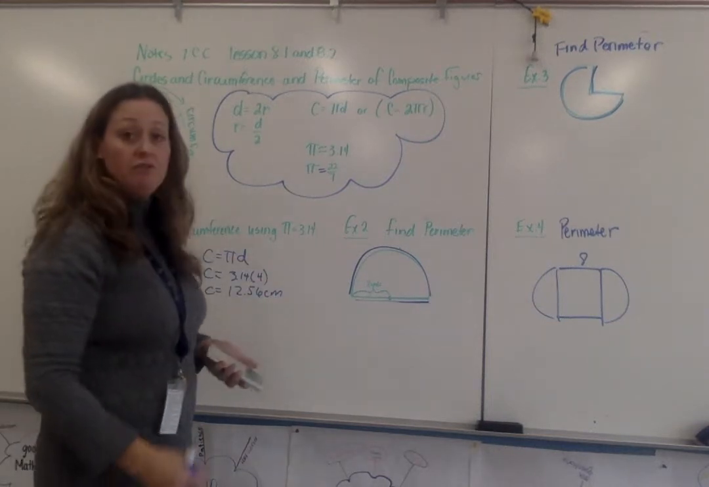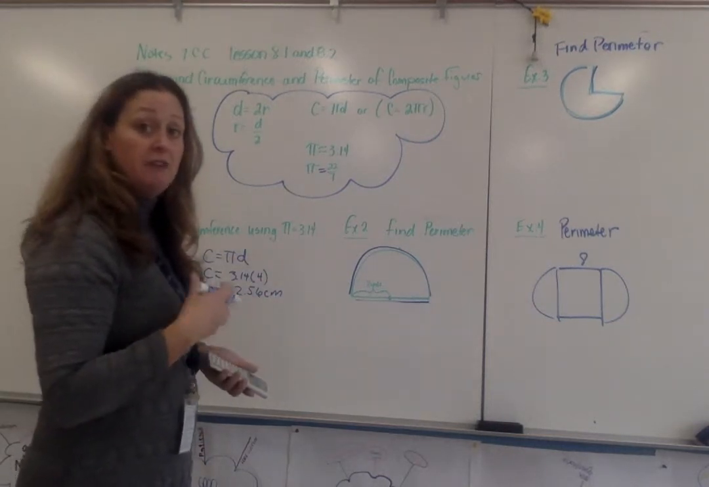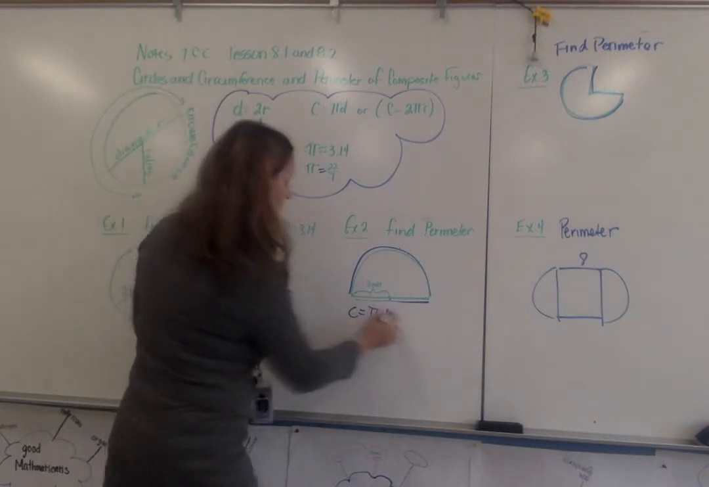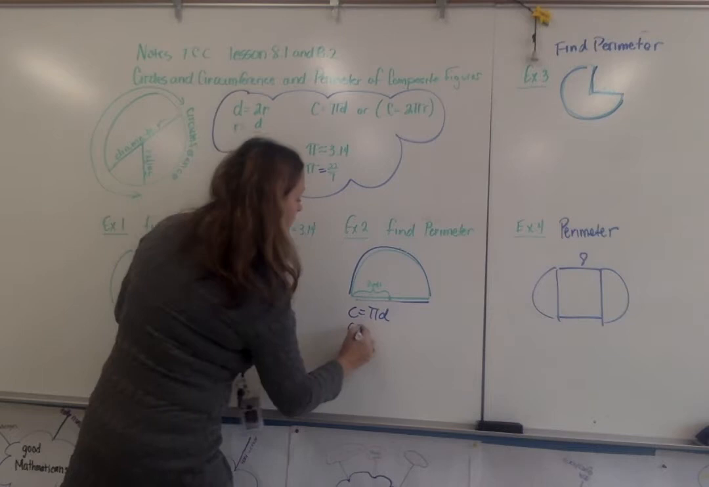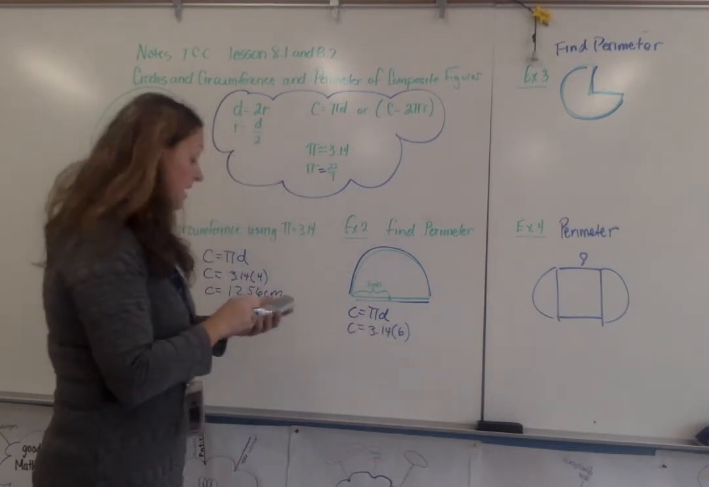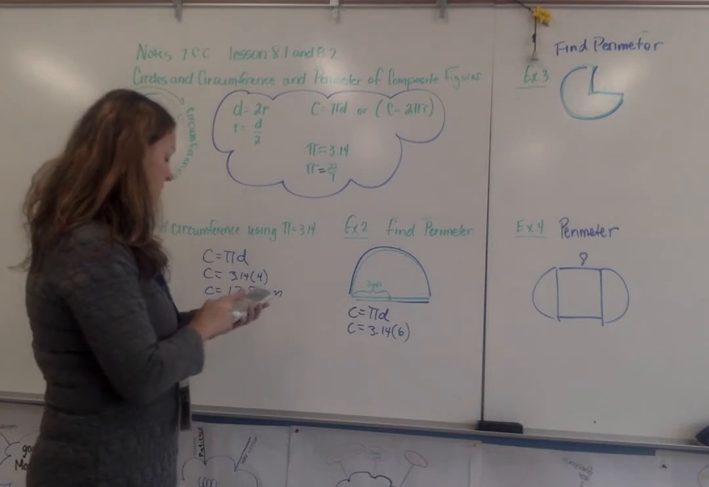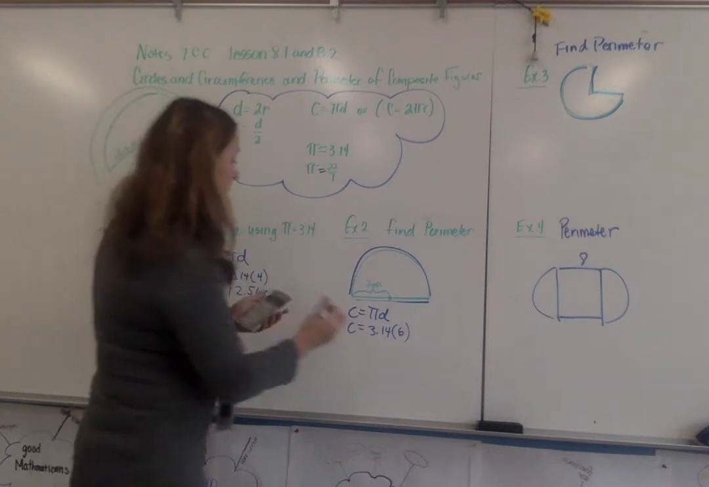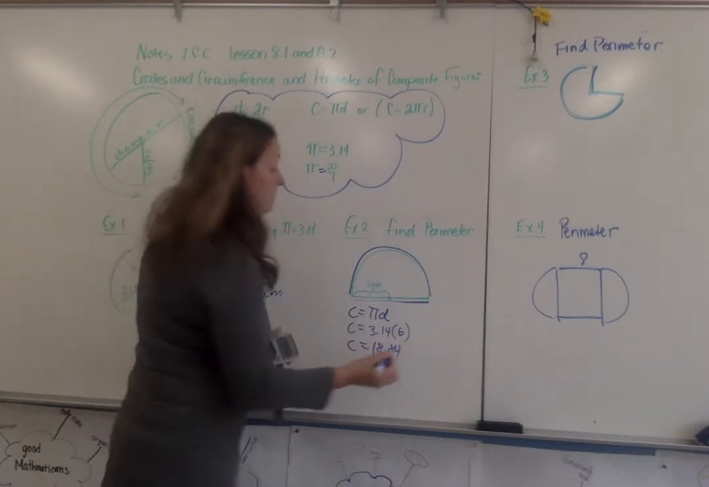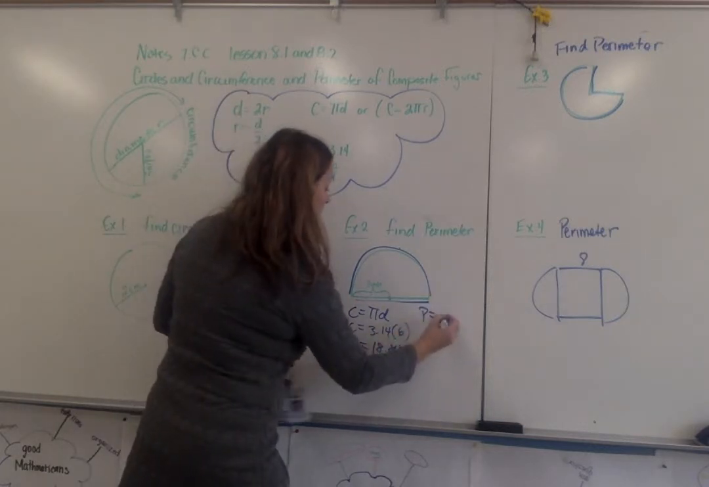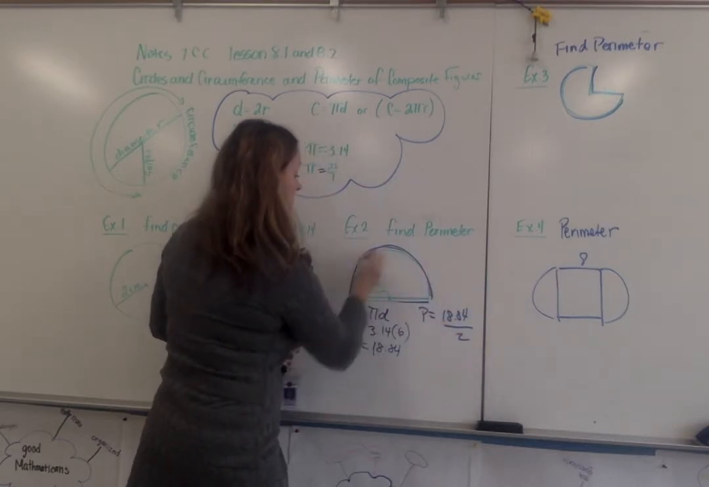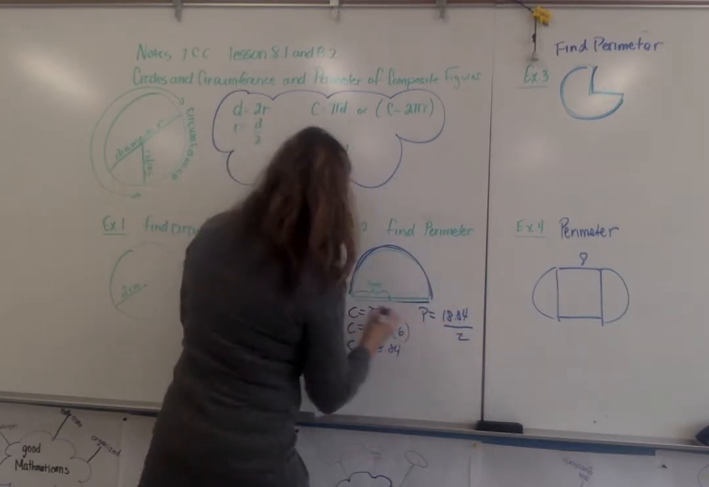In example 2, you're finding the perimeter of a semicircle. So I start with finding the circumference of an entire circle, which means I'm multiplying 3.14 times 6. 6 is the diameter because 3 is the radius, so 3.14 times 6, and that circumference is 18.84. Now that I'm finding that perimeter, I take half of that because I only have this part,